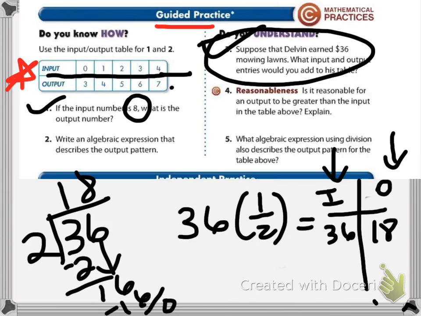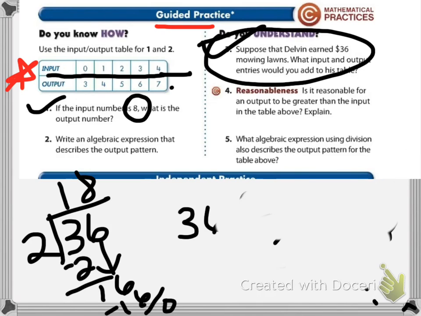Okay, the last section, number 5, says what algebraic expression also describes the output pattern for the table above. So